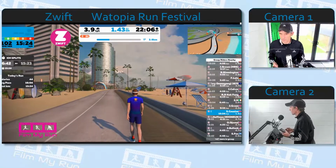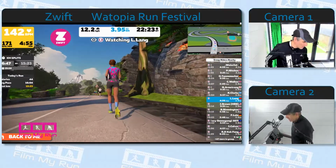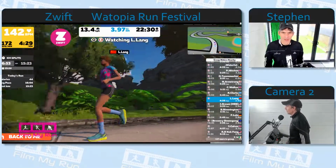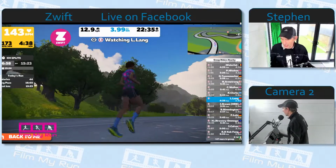Okay, let's see if I can find the view. My view. There we are, there's Lang. Okay. So Lang is in the lead for the women now, and she's nearly at 4 kilometres. Now, for some reason, it looks like...